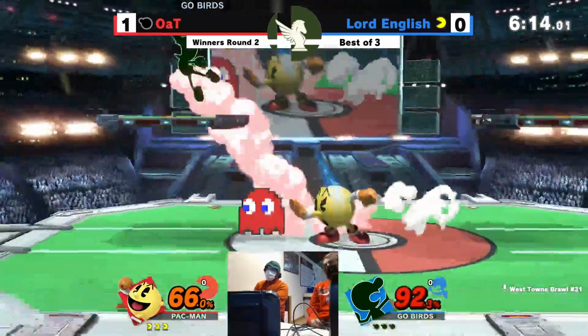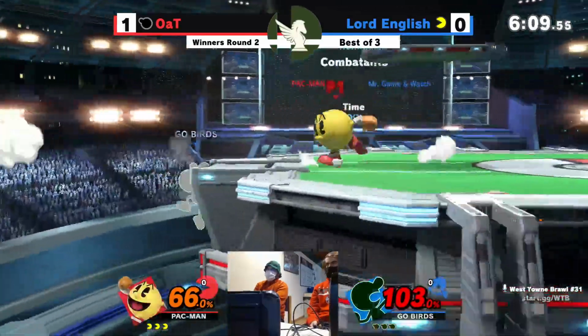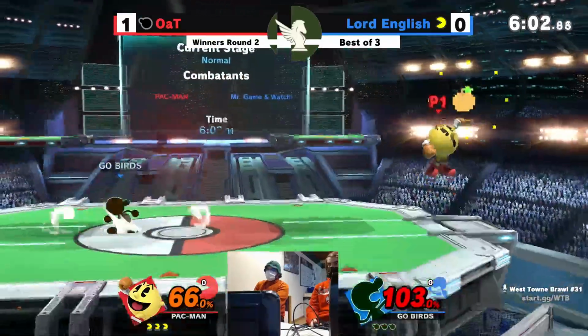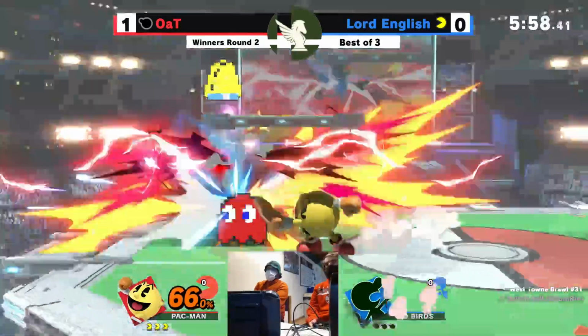I also think the bell? Oh, so close, barely with the punish. Yeah, a little bit too late to follow up. I do think also the disjoints from Game & Watch are really, really tough for Pac-Man to deal with. Yeah, because I feel like Game & Watch is also one of the few characters, if at all, that can actually edge guard Pac-Man. Yeah, he actually has a pretty solid...